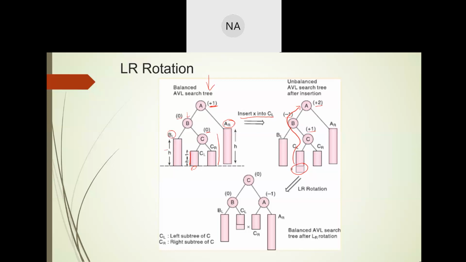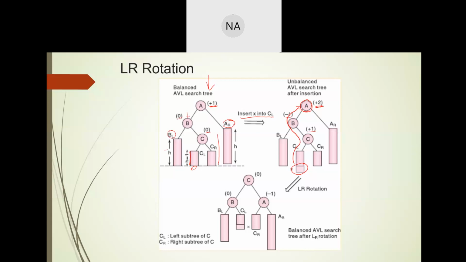So the nearest ancestor on this path for X is the root node. The root will be node A, because it is imbalanced: the balance factor is +2, and it is the closest such node to node X on this path. So you have identified node A. Now see the position of X with respect to node A. Node X is in the left subtree of node A,